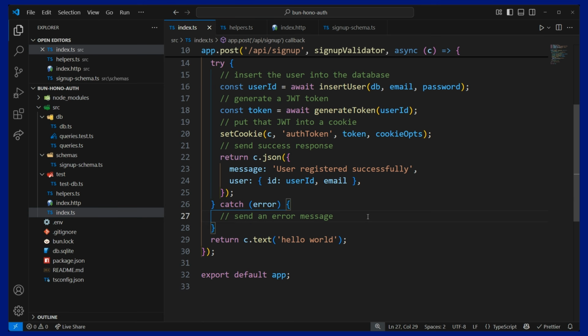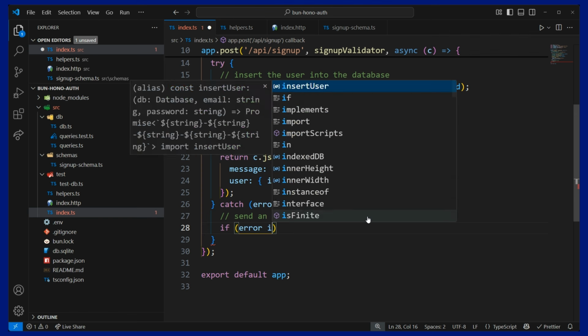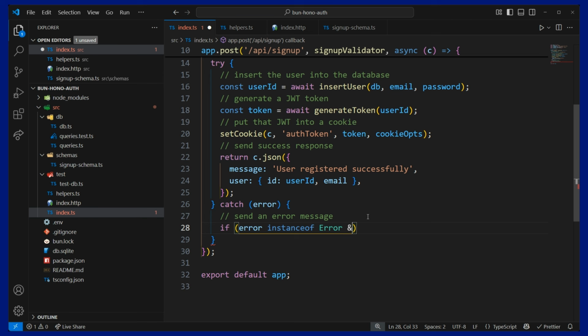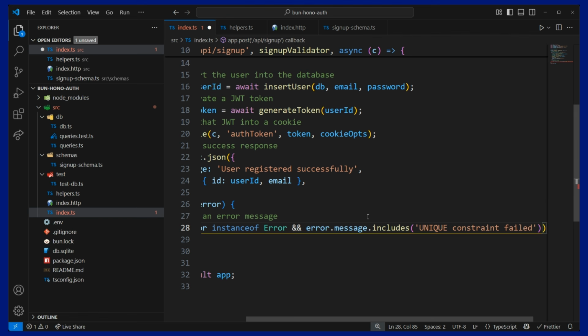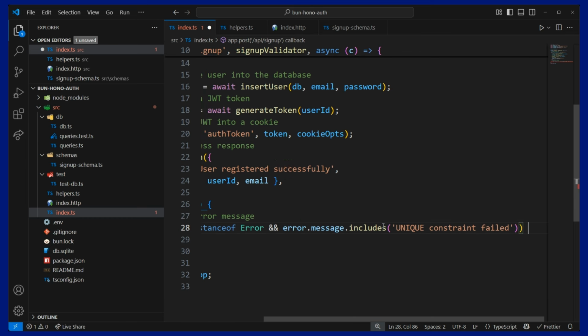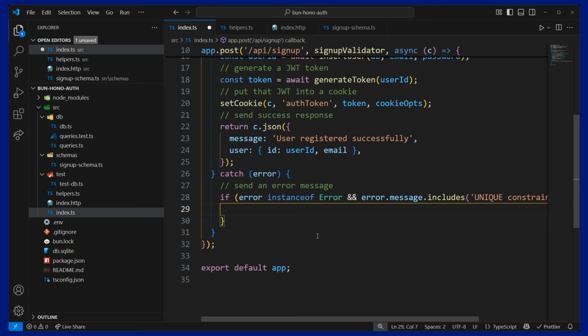Now, if there is some kind of error, we want to send back an error message. So we don't need this anymore. And there are a couple of different situations. So I will just type this out really quick. If the error is a unique constraint failed, like we've seen before, that means the email already exists in our system. The person already has an account. So we can match on that and say if error instance of error, and the error dot message includes unique constraint failed, then we can send back a specific message,